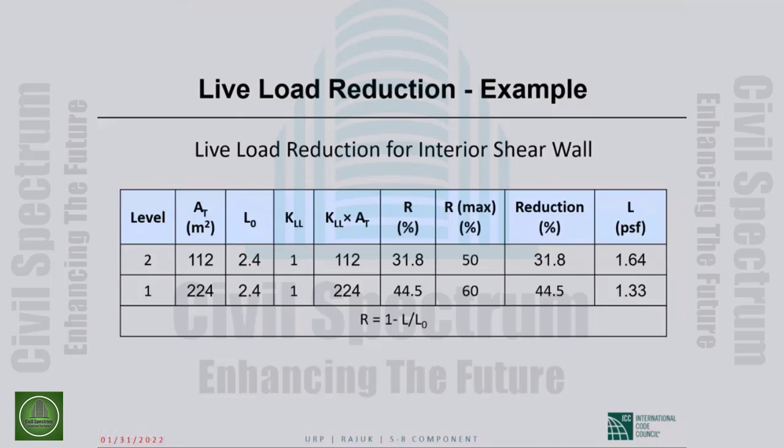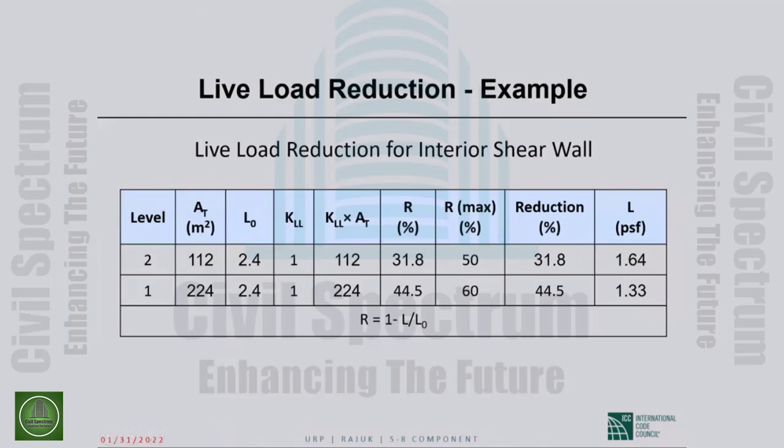It falls under all other things. So the influence area is the same as tributary area. Based on this, we get a 31.8% reduction, which being less than 50 is what we get. And based on the larger tributary area, we get a 44.5% reduction, which being less than 60 is what we actually get. So the reduced live loads are